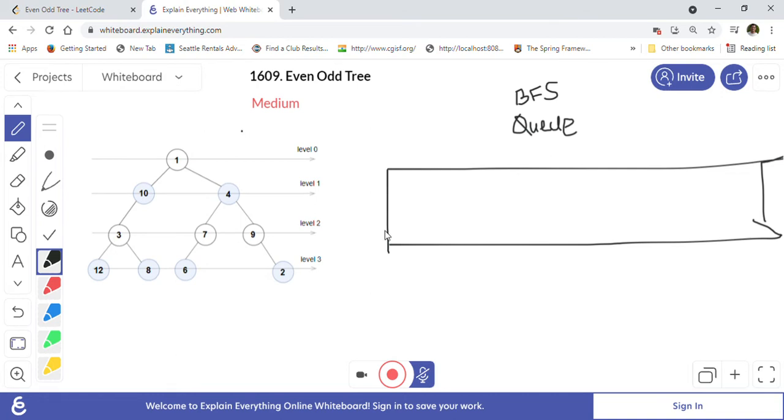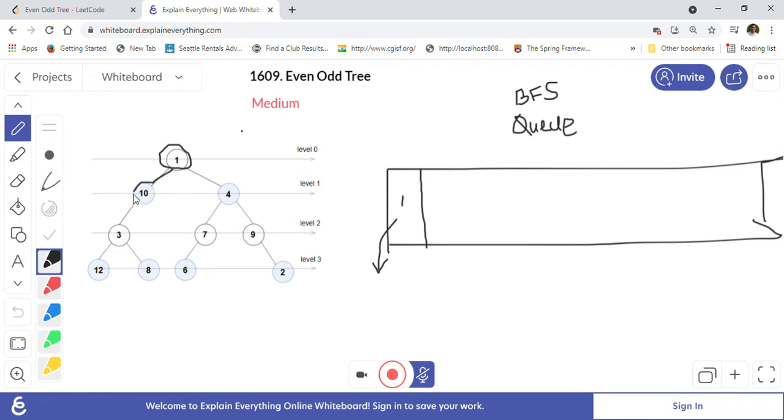So let's say this is the queue. When we are visiting the root node, we first check that this is level 0, so this node should be an odd number, right? If it is an odd number, then we insert it into our queue. If it is an even number, we just return false. Then it is a while loop, and our while loop will go until our queue becomes empty. In every iteration we will pull out the nodes for that level. So in the while loop we pull this out, meaning we take this element out of the queue, and we add its children.